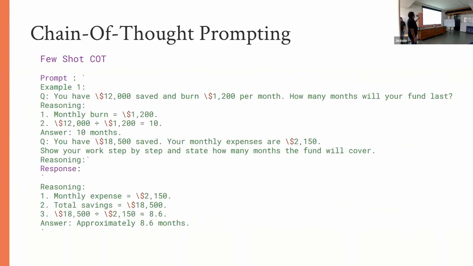And the same goes for few shot learning for chain of thought. In this, we'll provide examples, and then we'll ask a question, and then again we'll say to go through the whole question, reason about it, and show the reasoning steps. This is an example of the same where your per month budget is this much, and then you ask it another question saying that 18,500 is another budget, and reason about it using the examples, and it will give you something around this.